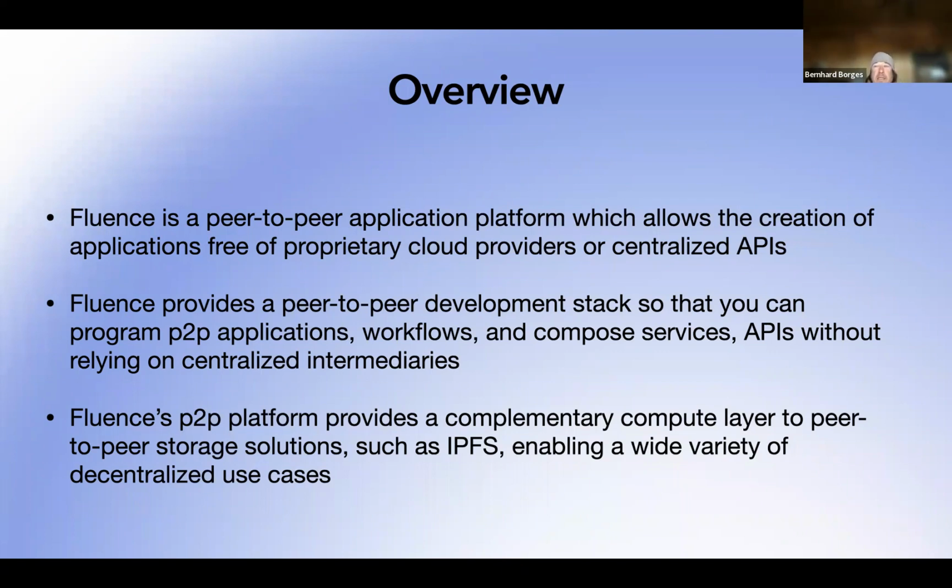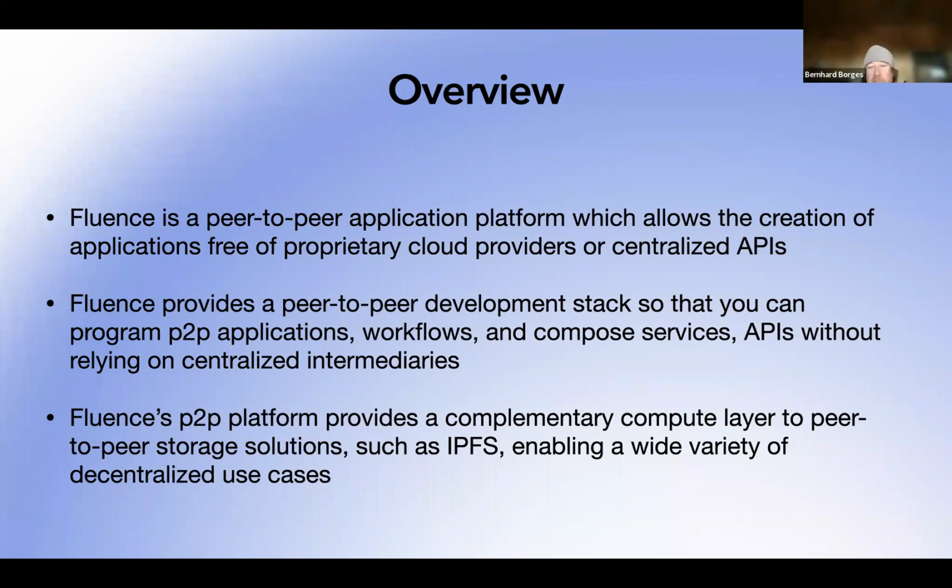And that's where peer-to-peer platforms come in. You can do decentralization in many different ways. However, only with peer-to-peer networks do you really get the full benefits of the attributes of Web3, including censorship resistance. And this is where Fluence comes in.